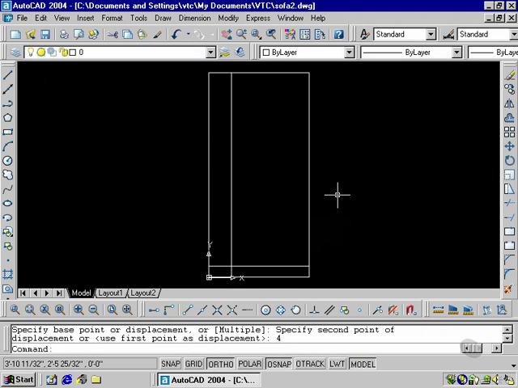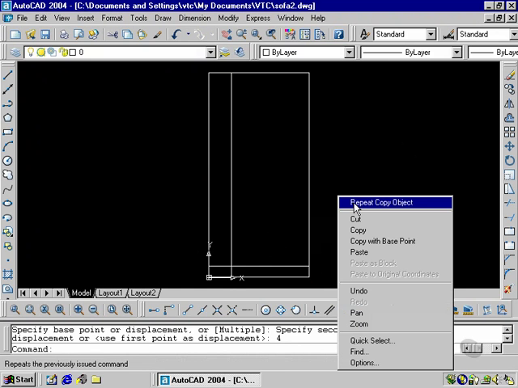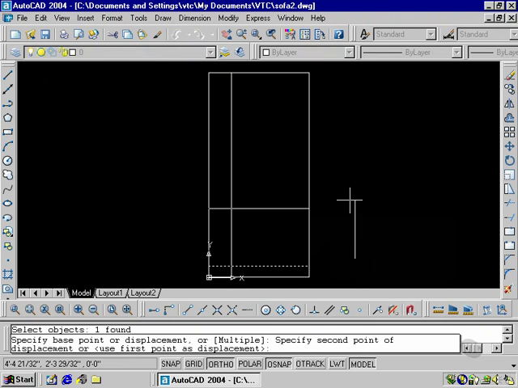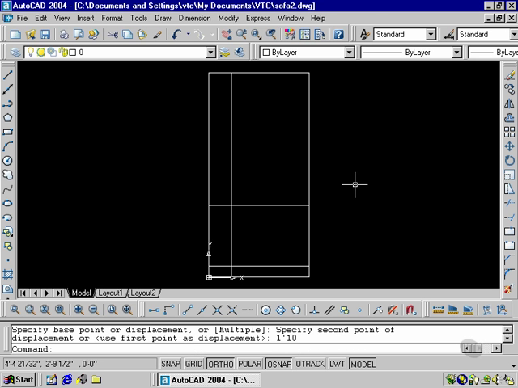Right clicking again to repeat copy object. I'm going to copy this object. Right click, base point. This time I'll pick out here and move it up and type in a value of 1 foot 10 inches and enter. So as you can see, we have the lines necessary, and I could duplicate the same commands up here, but